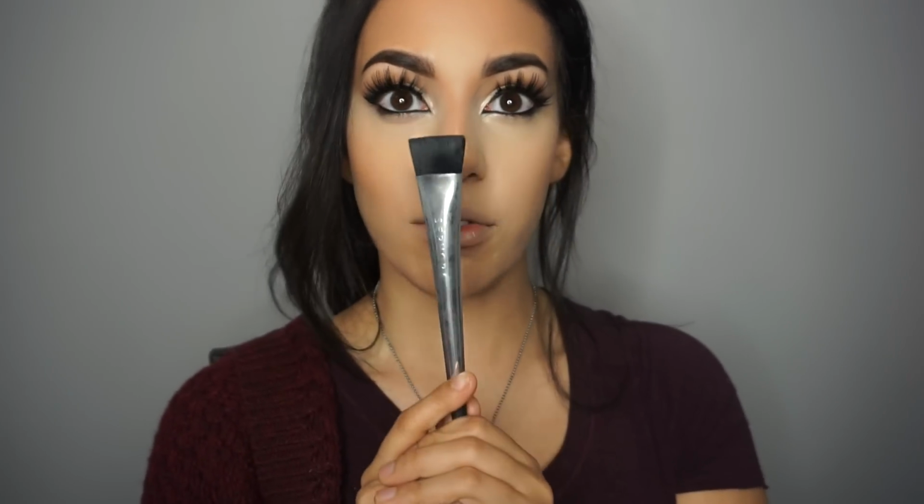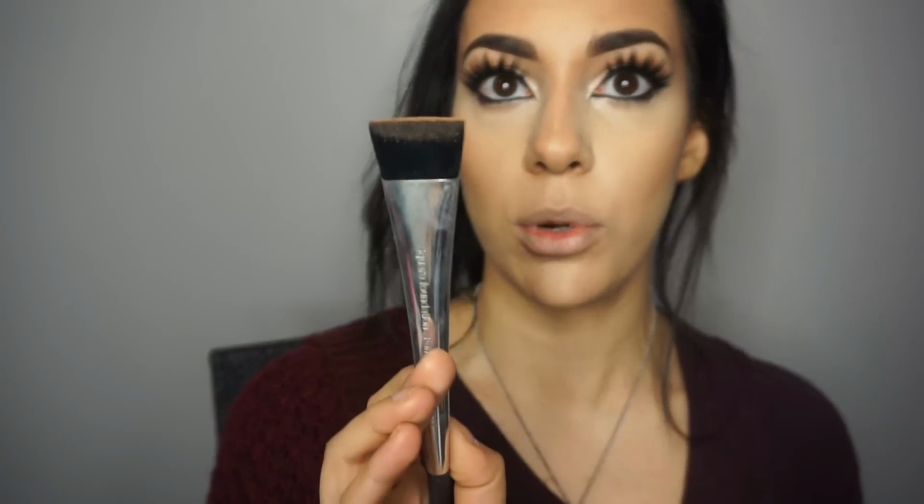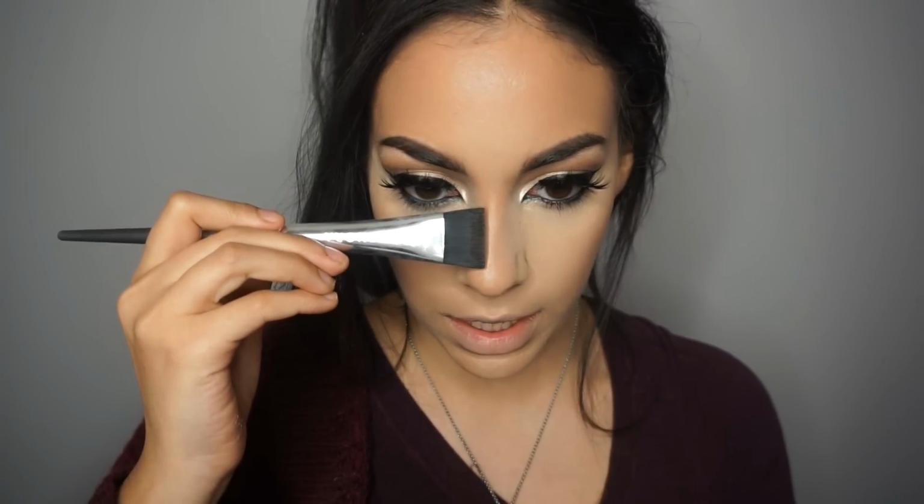I use this guy. My boyfriend's mom actually bought this for me for Christmas as a stocking stuffer, and it's one of my favorite brushes because it's just flat. What I'll do with this one is I set my nose contour with this one. So I'll just go in and go boop, boop, and you'll see product on the sides. I tap it off and I literally press down